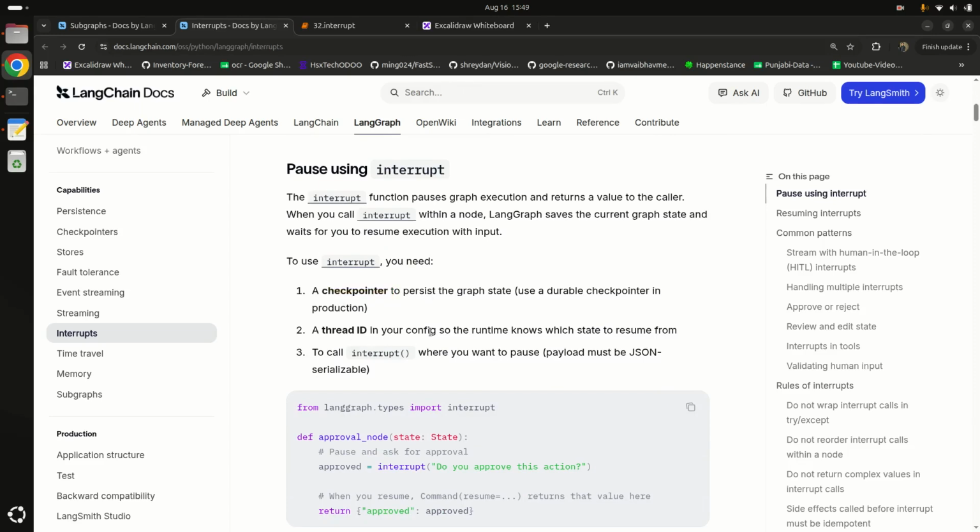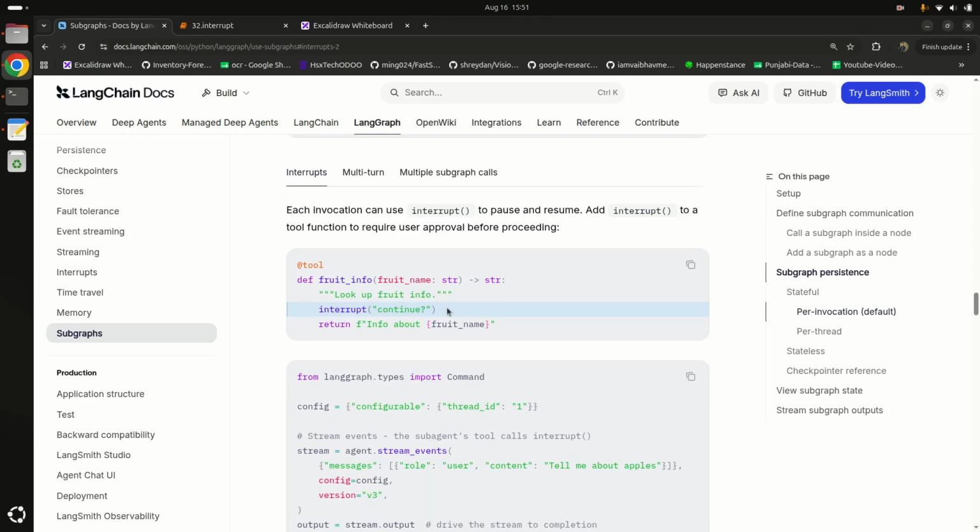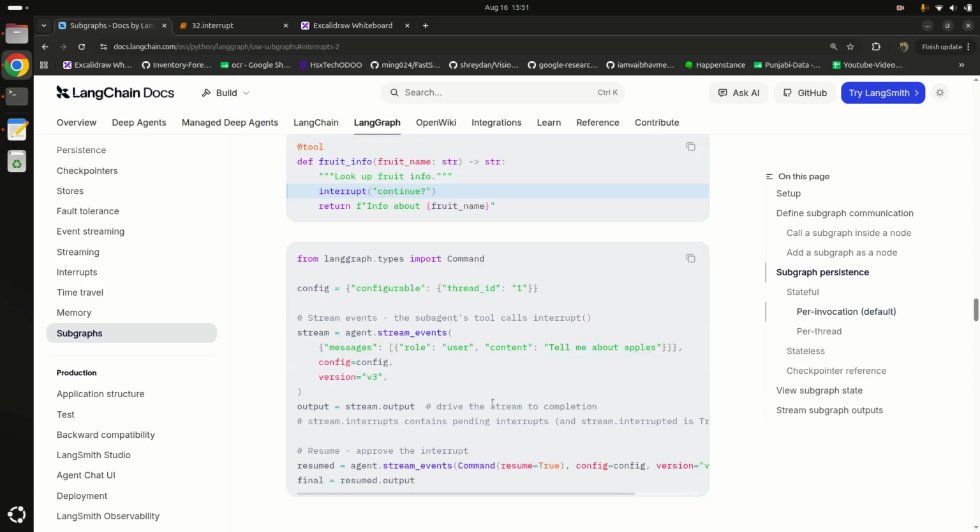The other is a thread ID in your config, so the runtime knows which state to resume. In this video, you just need to know that to use the interrupt, we need a thread ID and a checkpointer. And here we just add the interrupt inside the tool. So before invoking this tool, it will ask for the user permission. That's it. So let's see how it works.